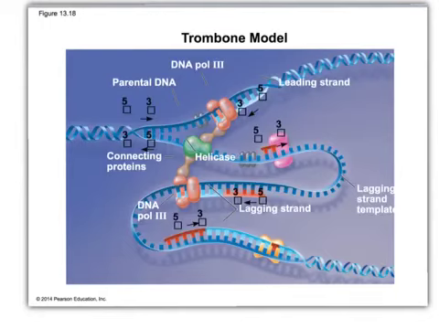All right? And this is sort of what it looks like. So you have DNA Pol 3, your parental DNA, it's sort of pulled through. You'll note there's a couple copies of DNA Pol 3. The helicase enzyme is sort of in the middle of all of this. It's going to open up the DNA, and so this being your lagging strand can only be copied in the 5' to 3' direction, and it goes through at certain chunks. All right, this would be important for you to see in animation. So with that, I'm going to